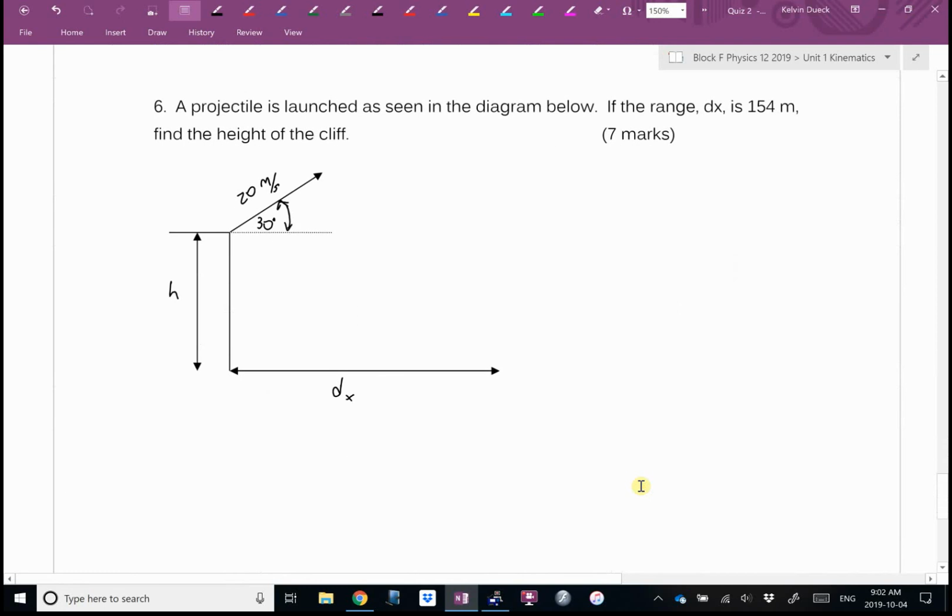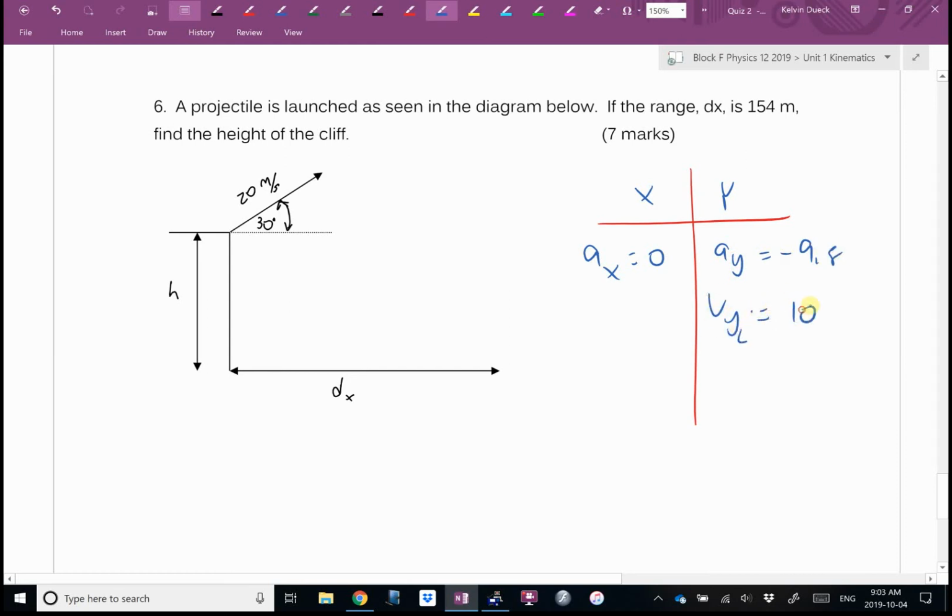Question 6 was way easier. How do I know? Because they gave me a horizontal distance, which means a is 0, so no quadratic formula required. Still going to be a t-table. Horizontal, vertical: ax equals 0, ay equals negative 9.8, vy initial, I used the same diagram, so it's 10. vx, I use the same diagram, so it's